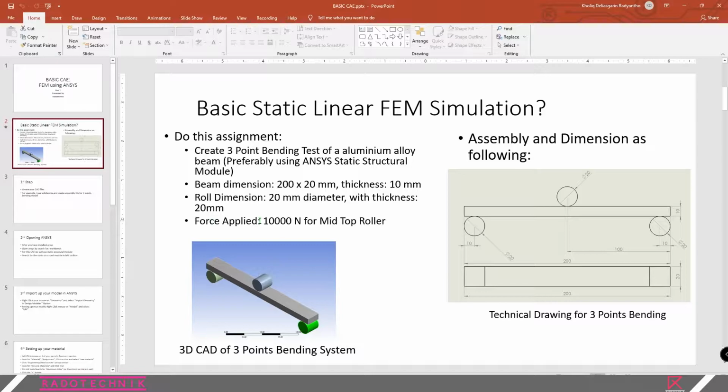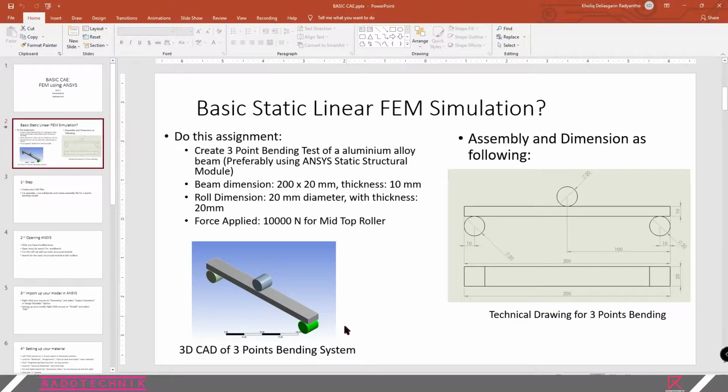You have to apply a force of 10,000 Newton on the mid top roller, so it will create a force to the upper part of the beam.